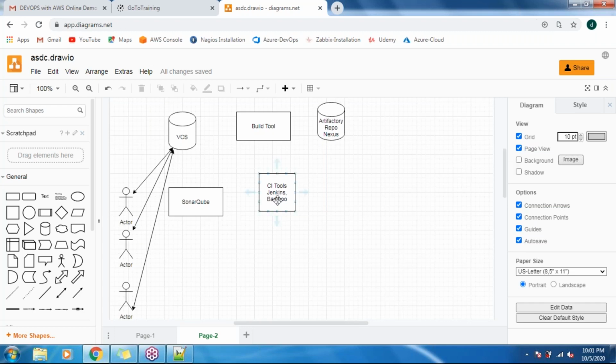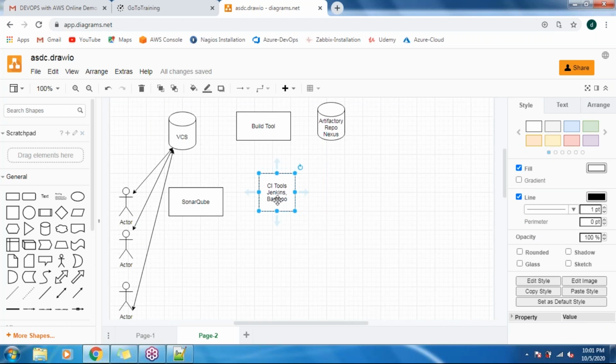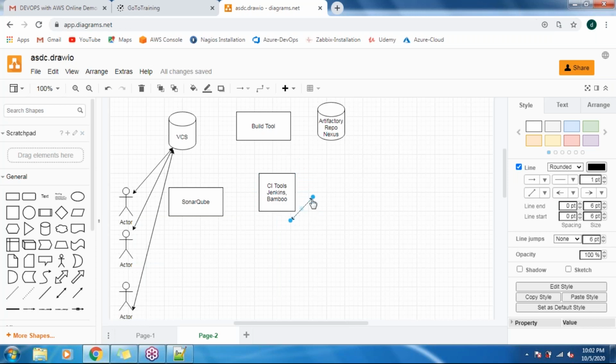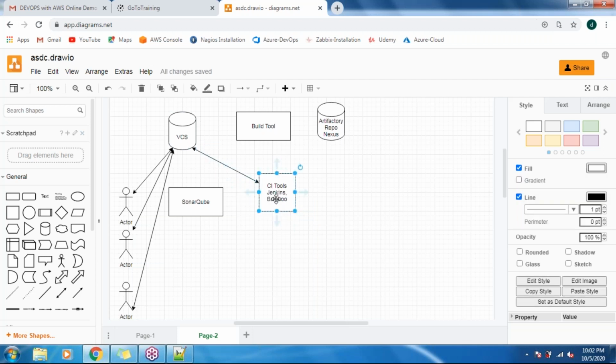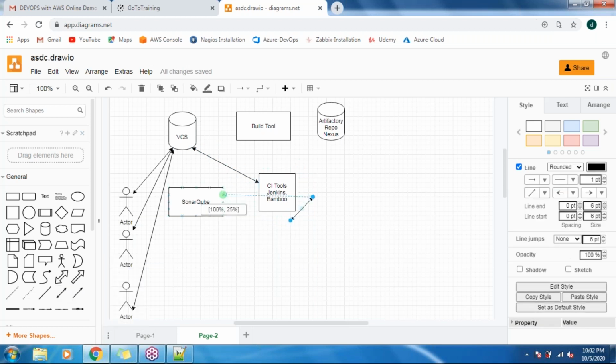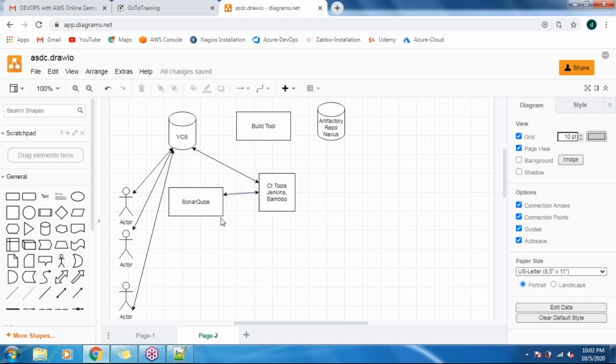Now what we will do, guys, in Jenkins, we will create one job for every project. Then what happens? This Jenkins will connect to the VCS, that is the version control system. It will take that code and download it to the Jenkins workspace. Then it will send that code to SonarQube in order to check the quality of the source code. Once SonarQube assures that the developer has maintained the standard in writing the code,